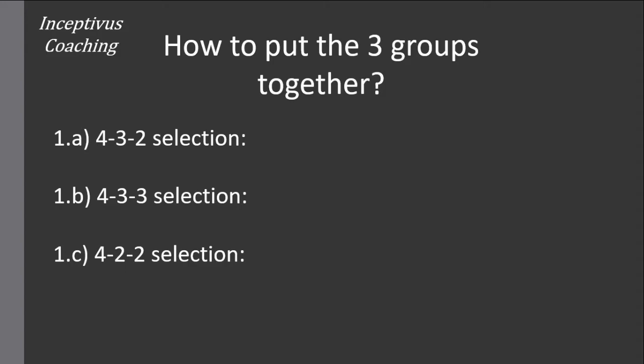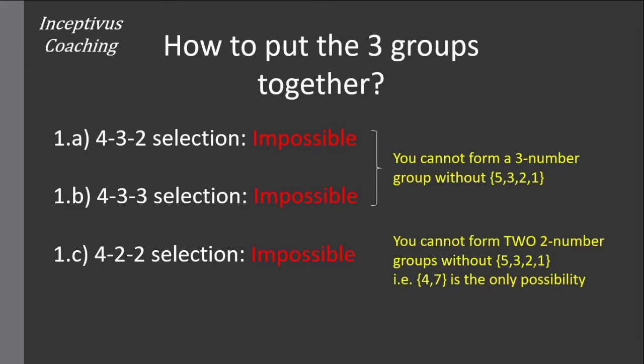I could also do a 4-number group coupled with a 3-number group and another 3-number group. That's my 4, 3, 3 selection. Or I could do a 4-number group coupled with two 2-number groups, right? So are they all possible? If you actually play around with the numbers, you see that the first 2 cases are clearly not possible,